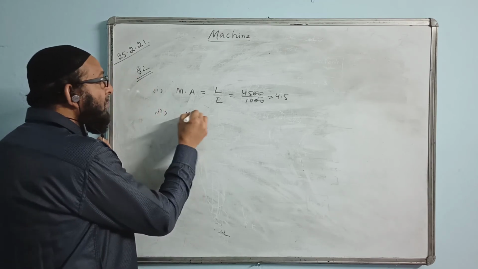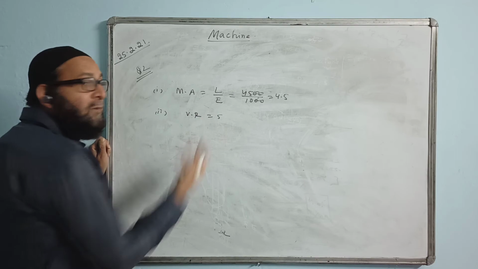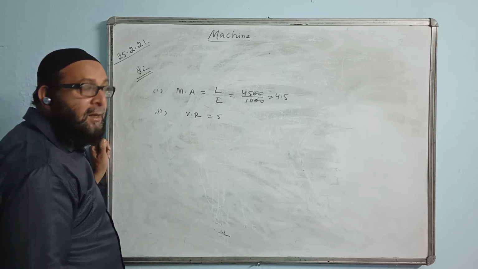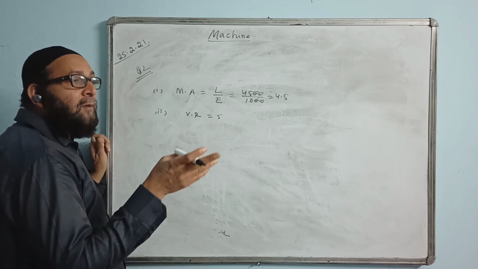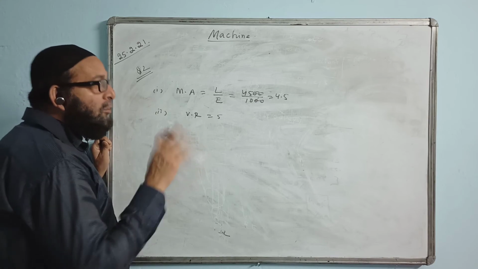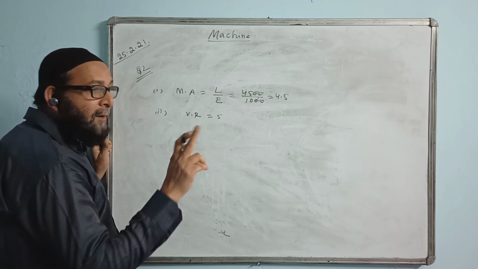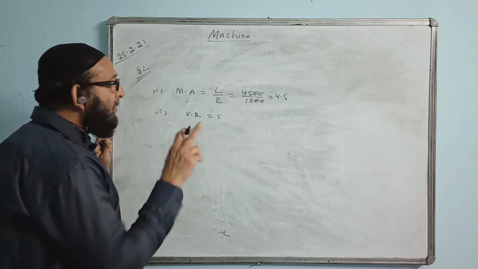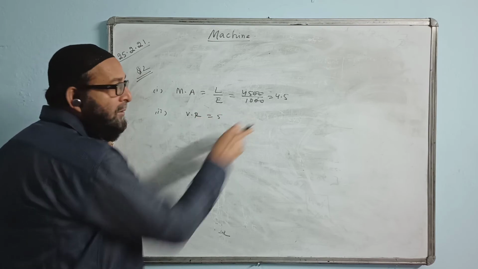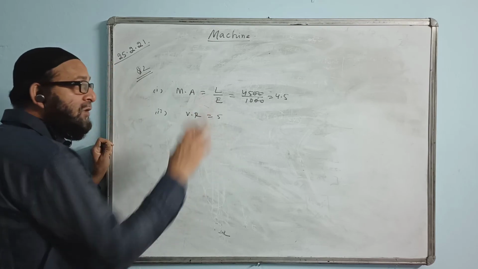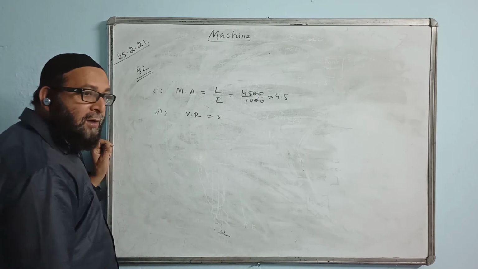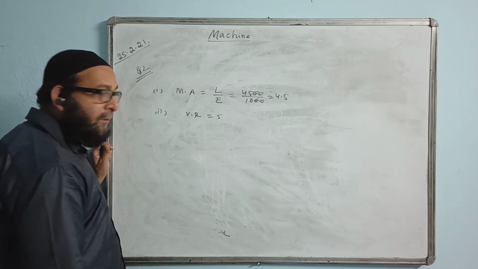Second part, they are saying it has 5 pulleys. That is, velocity ratio will be how much? 5 only. It is an odd number of pulleys, so it cannot have 6. If it is even, it can have the velocity ratio equal to the number of pulleys, or the number of pulleys plus one more, depending upon the situation. What is the direction of the effort, downward or upward? They will say all that.